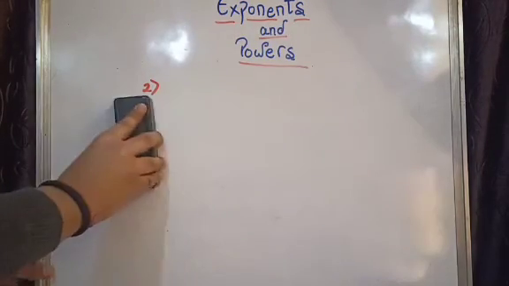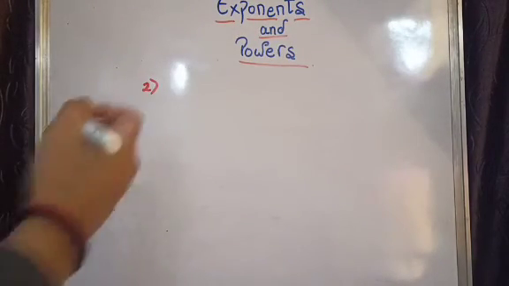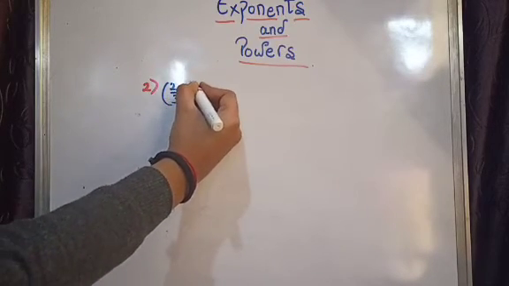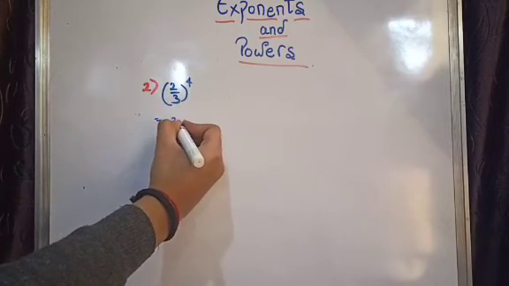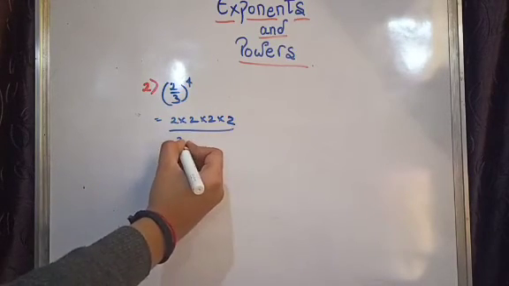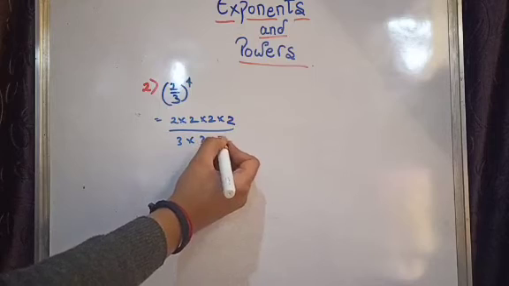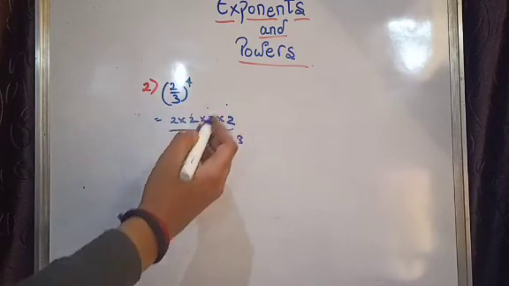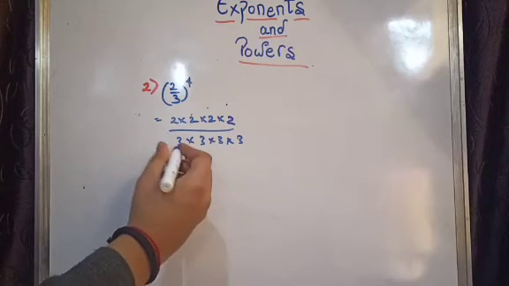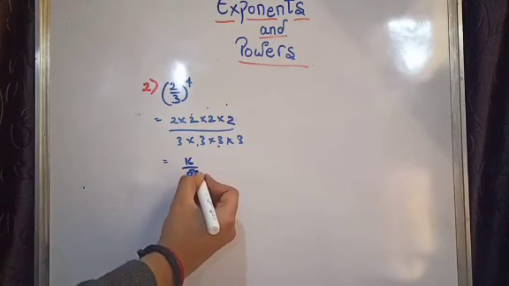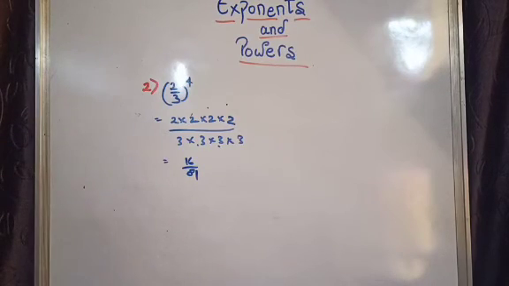Okay, so our question is given (2 over 3) to the power of 4. This will result as 2 multiply by 2 multiply by 2 multiply by 2 over 3 multiply by 3 multiply by 3 multiply by 3, which will result as 2 to the 4 is 16. 16 over 3 3 are 9, 9 3 is 27, 27 3 is 81. Means our answer is 16 over 81. You can take a screenshot of the solution.